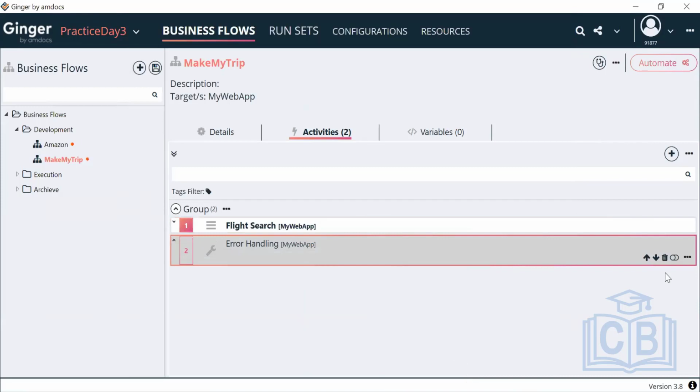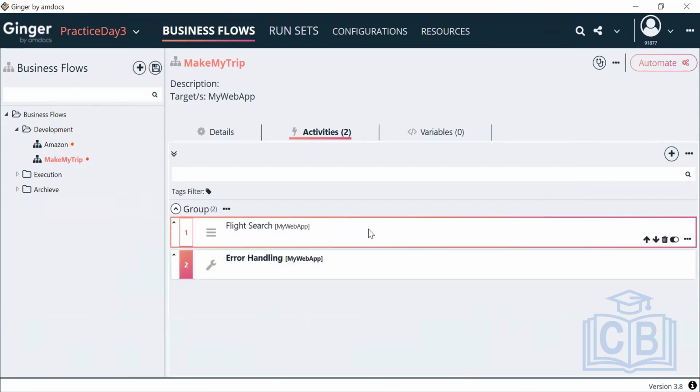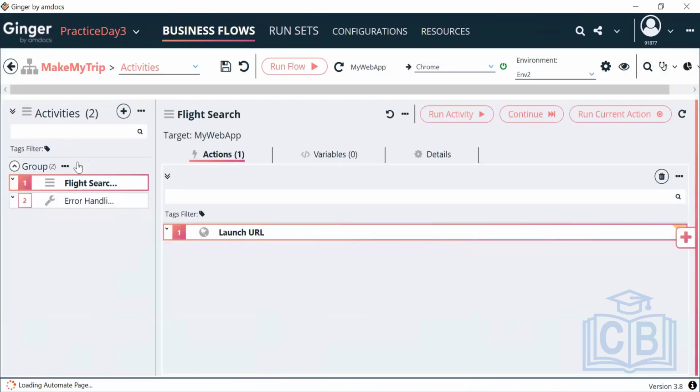So this is my error handler. I will make it active. I don't want it to be in inactive state. I want to make it active. So I have two activities, not two activities, one activity and one error handler. Now what I will do is